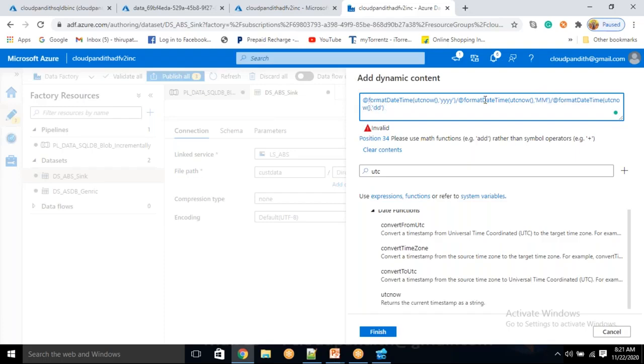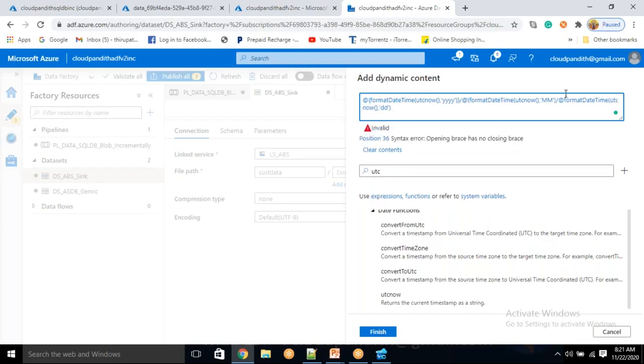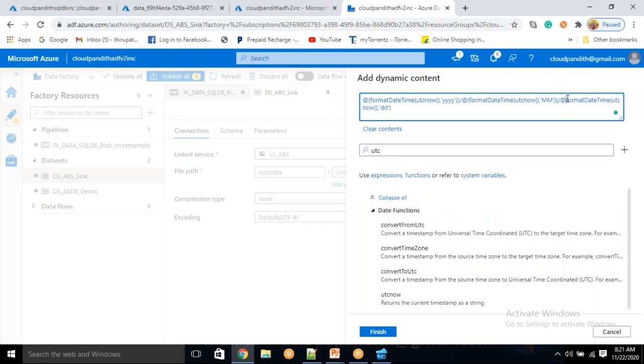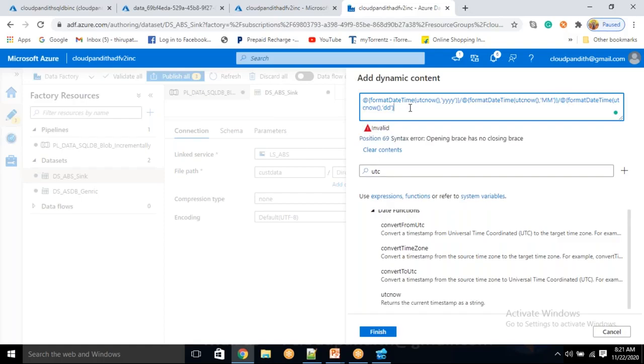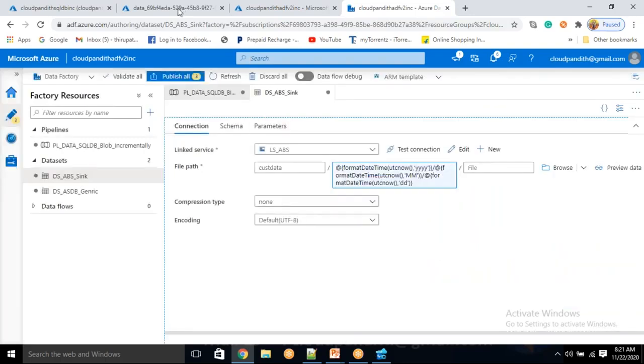Let me just explain that. Now, what I'm trying to do is create the year, month, day folder. So here you will get yyyy, then slash means under this you'll have this folder. This is the month folder. Under this we have the date folder. Okay, let's click finish. Now I will run the pipeline, but before I run the pipeline, let me just